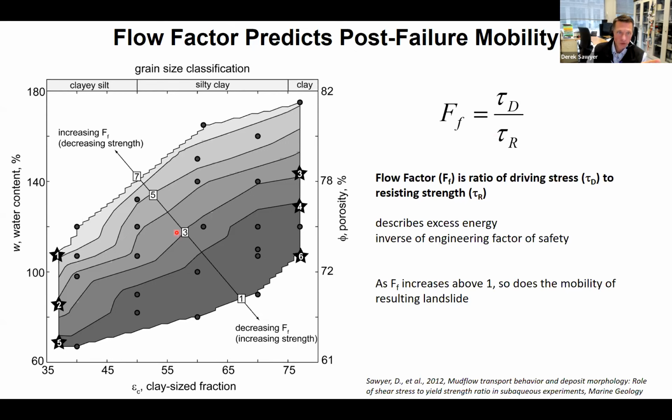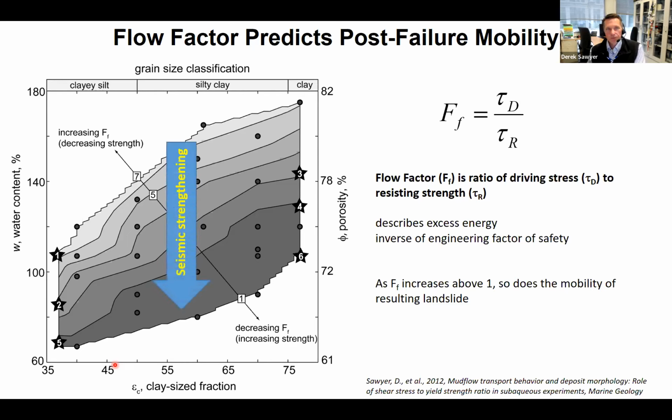So in other words, as I go in this northwest direction, I'm starting out with weaker and weaker properties. And you can see that because I'm increasing water content on the vertical axis, increasing porosity on the vertical axis. You can also do that by just changing the lithology. So clay size fraction here, if I make it more clayey, it tends to make it more thicker or higher shear strength. If I make it less clay and more silt, that can also drive the system to a weaker starting situation. But for today's topic, we're thinking just in terms of water, amount of water, and the effect